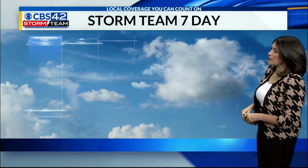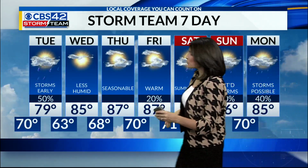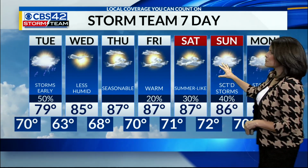This has been expanded a little bit to include cities like Alabaster, Columbiana, and Calera. So early storms tomorrow, clearing by mid-morning, sunshine in some spots by afternoon, less humid by Wednesday, drying out, but a bit more seasonable towards the end of the week, and then a few scattered showers and